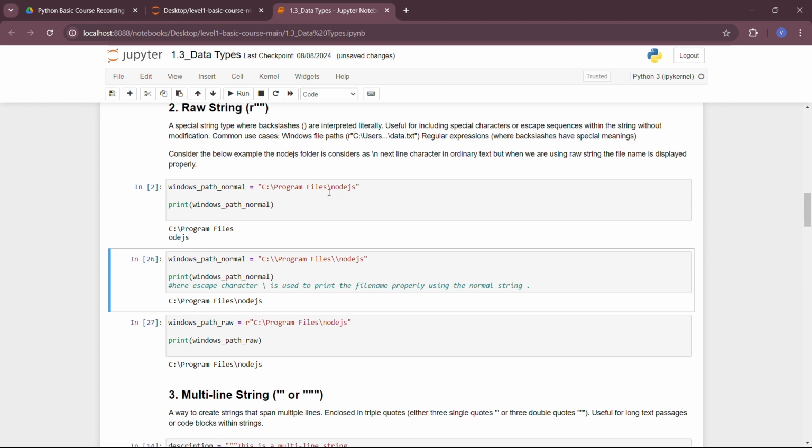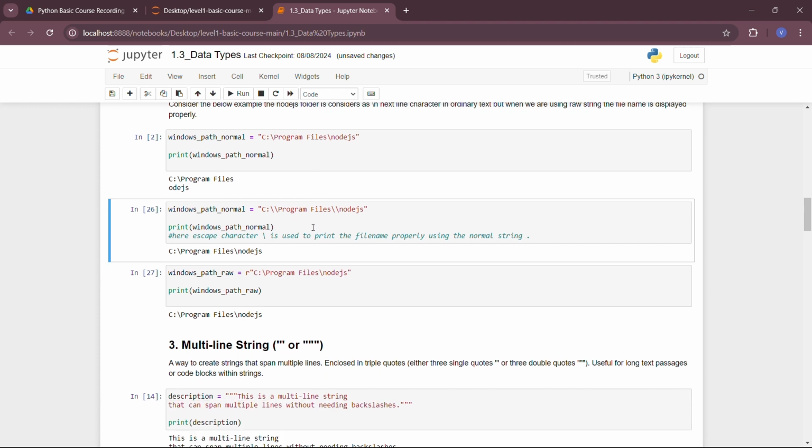You can see that the path is not printed as we want it. Why is this happening? Because the slash n is considered an escape sequence for printing the rest in the next line. This slash n is interpreted as an escape sequence, and whatever is there after slash n will be printed in the next line. So to avoid this, in the next example we can use double backslashes. Using this, the slash n will be printed as part of the file path instead of moving the rest of it to the next line.